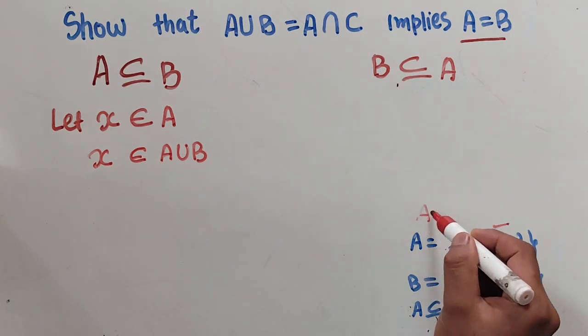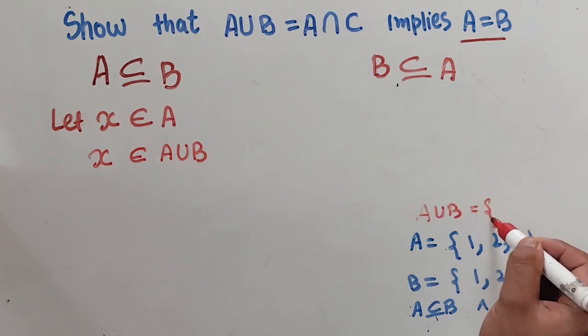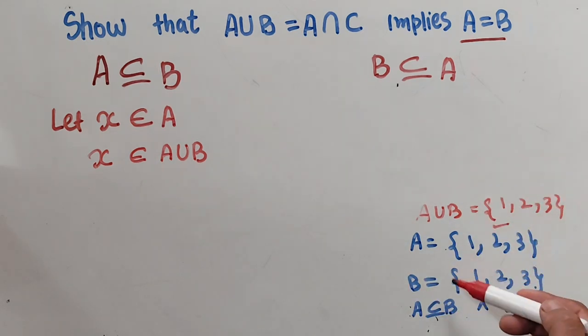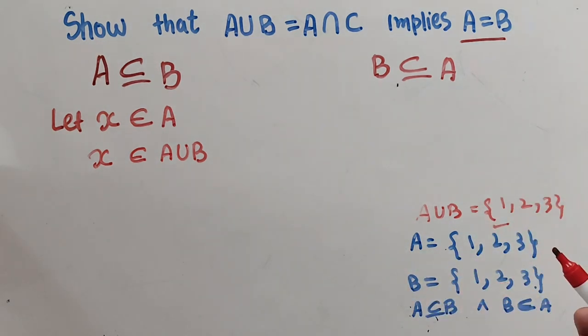Let us suppose here A union B will be in fact 1, 2, 3. Okay, this has nothing to do with the proof, so I'm just trying to show you here. Here you can see 2 belongs to A union B,